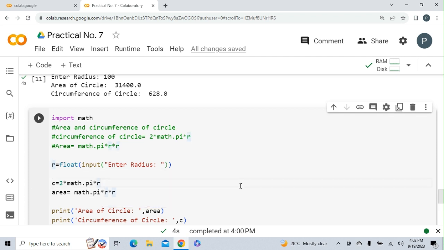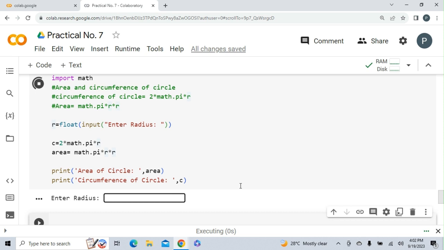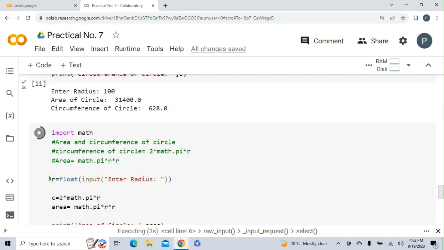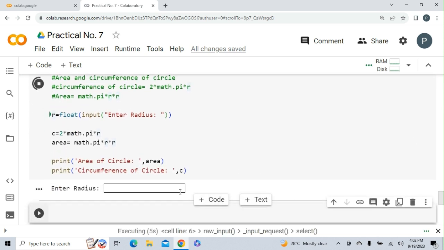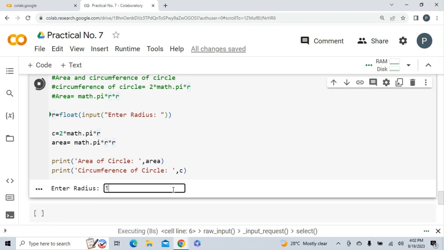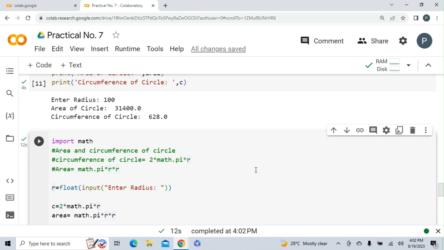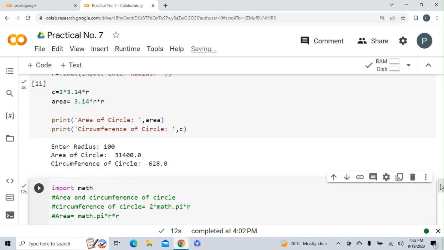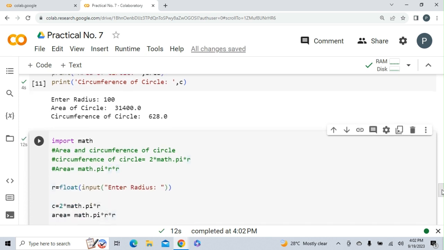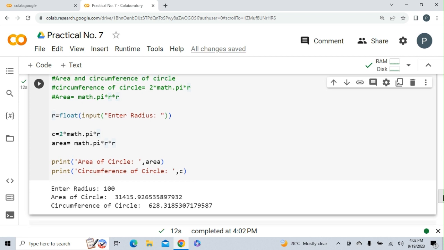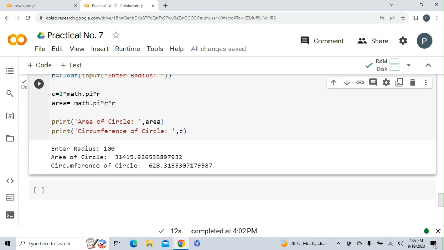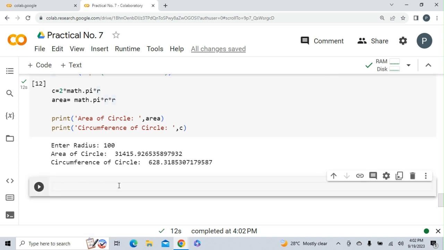Now if I execute this and enter the same radius, last time we entered 100 as radius, so I'm putting 100 as radius only. Press enter, I will get area of circle is 31415. Here earlier I was getting 31400 because pi is not 3.14, it has many more decimal places. Okay, so if I want to print the value of pi, I will simply write